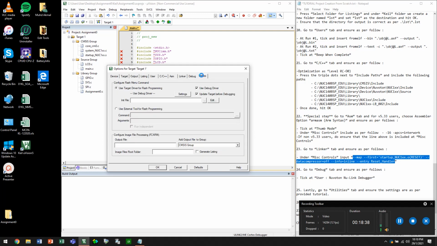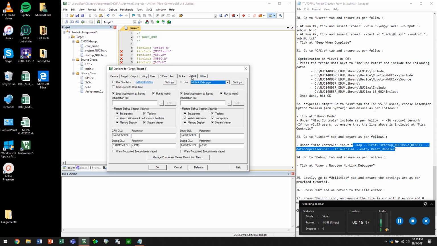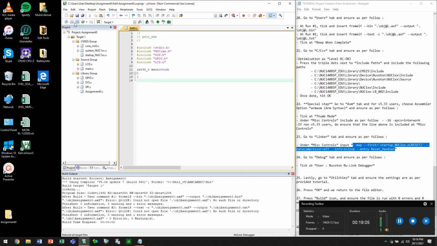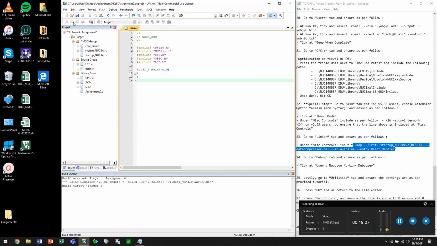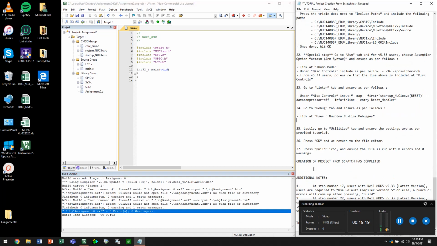which is utilities, and take at wait, and just let everything as it is, and we are done. We can hit that OK now. All right. Now we can test out our code by pressing the build. All right, let's press it now. Okay, so now let's try to build it. Building. All right, so we have 0 errors and 0 warnings. So that is completed. So we have now completed our